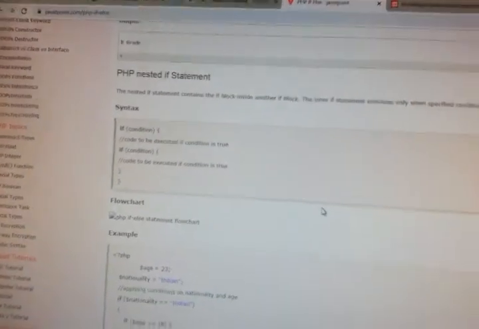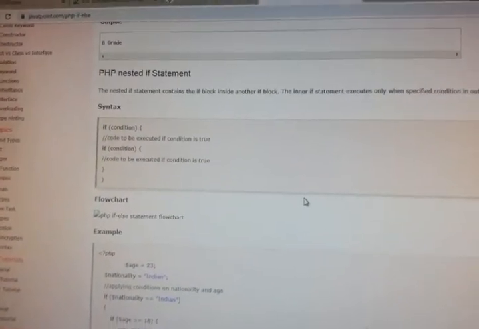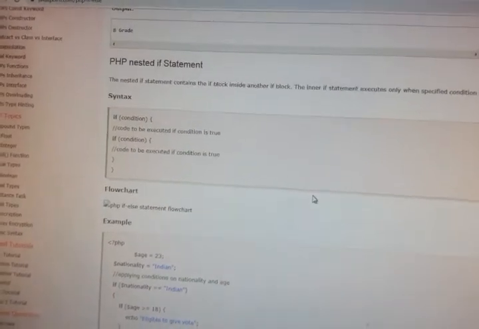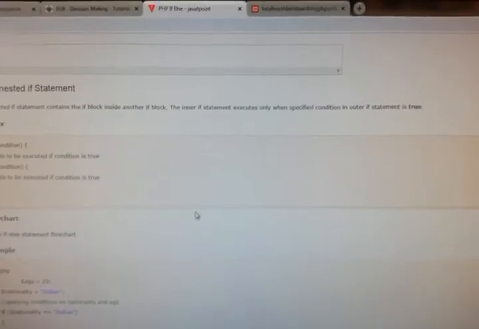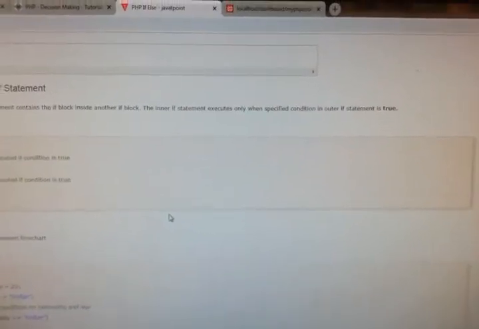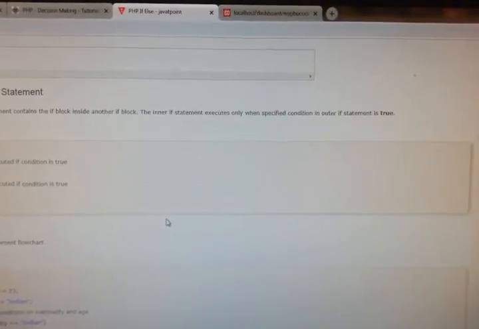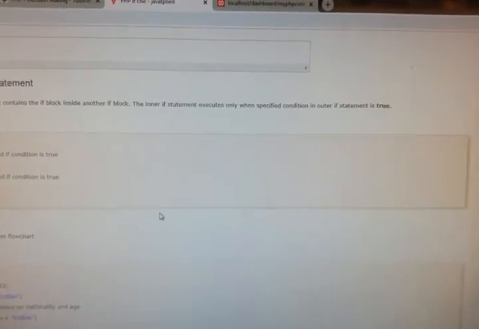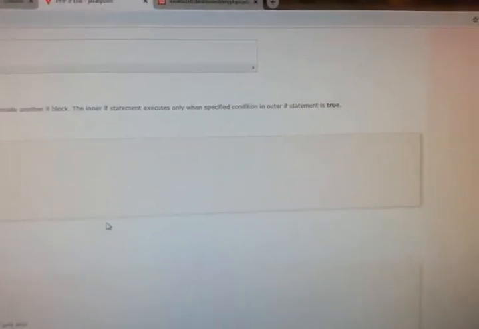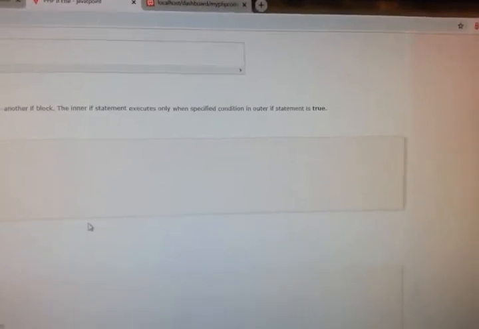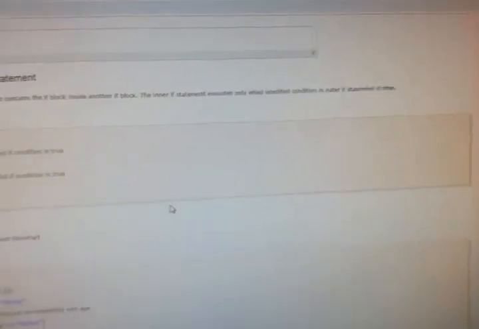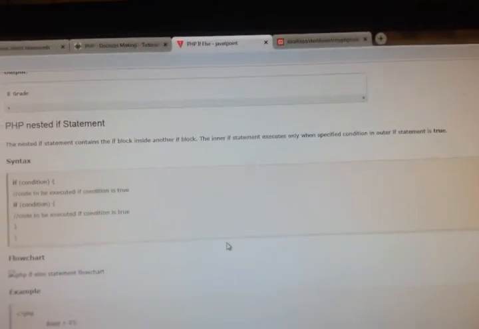Next is PHP nested if statement. The nested if statement contains an if block inside another if. The inner if statement executes only when the specified condition in the outer if statement is true. If you see the syntax,